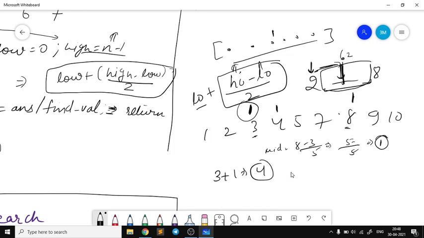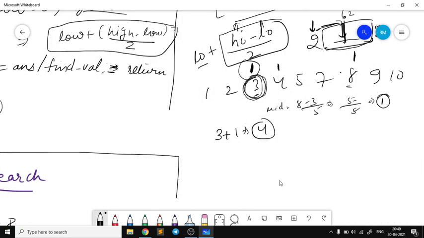I hope you're getting me. It is giving me only the value of that middle part, not the index. For getting the index, I have to add the initial address, the starting point. So that's why the factor of low comes in, and actually we find the middle element by